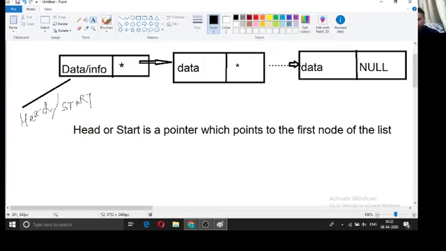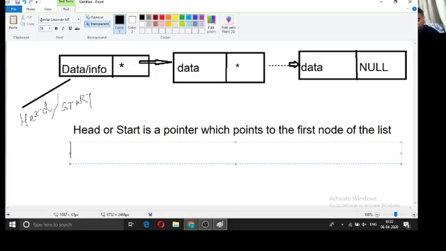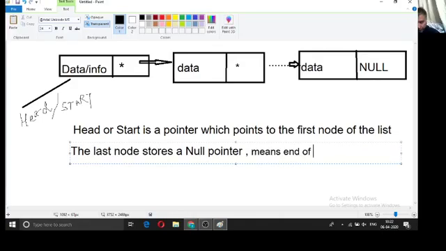Then we also have another thing: the last node stores a null pointer, which means end of list. That means in the last node we have a null value. Okay, we'll not say null pointer, but we'll say a null value, which indicates that there is no more list, because in this node, if you see